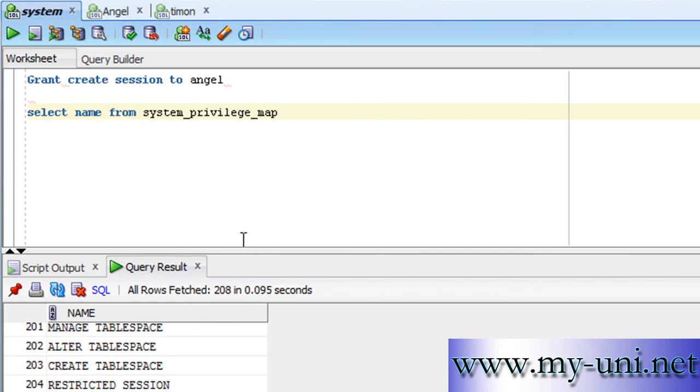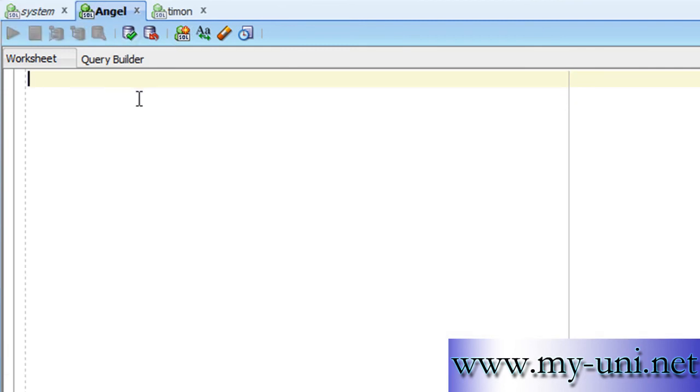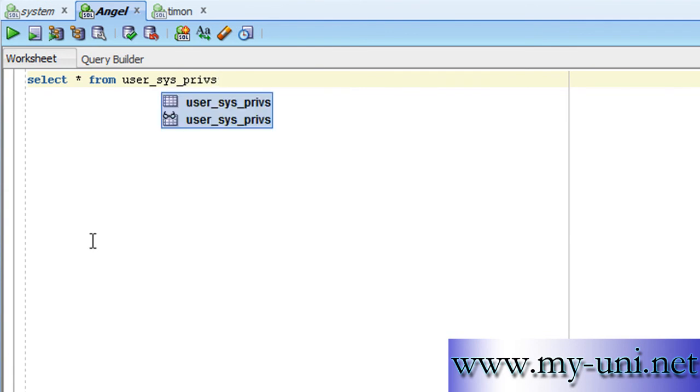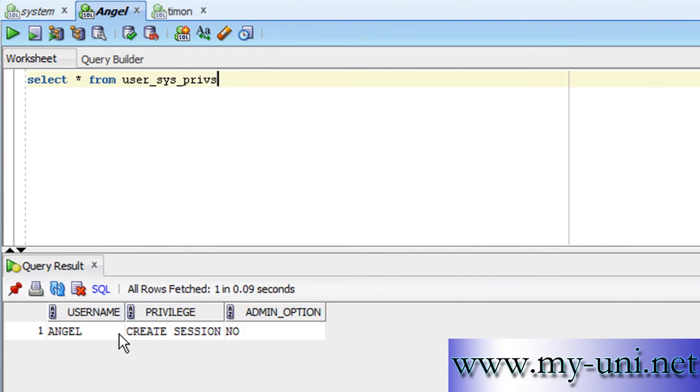You can also find out what system privileges have been granted to you as a user. Say for example, we want to go to user Angel, and the user Angel wants to see what privileges he has. So the statement would be select asterisk from user underscore sys underscore privs, and I'll press Control and enter, and user Angel has just one system privilege, and that is create session. And the user still cannot create objects because